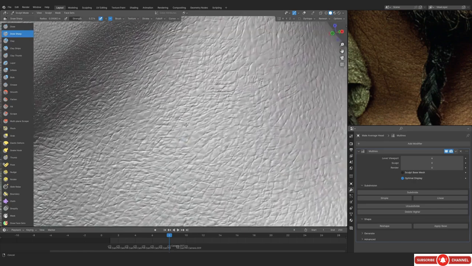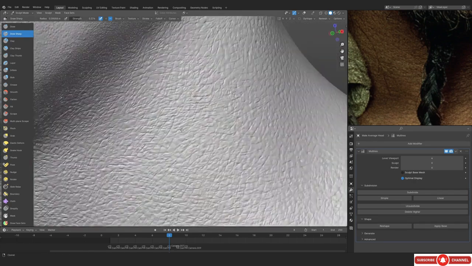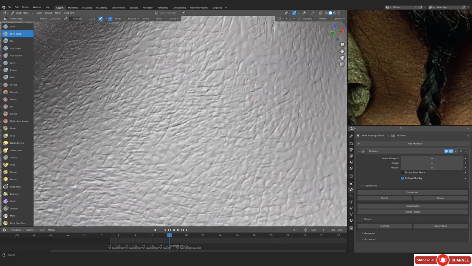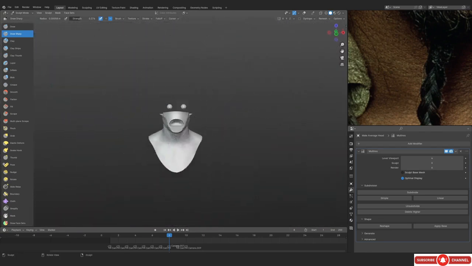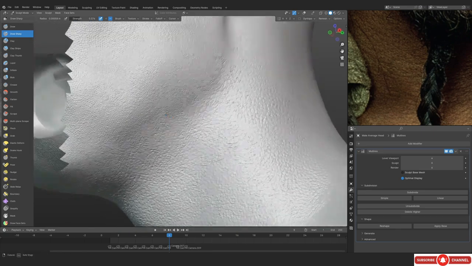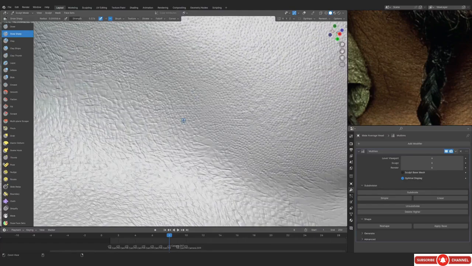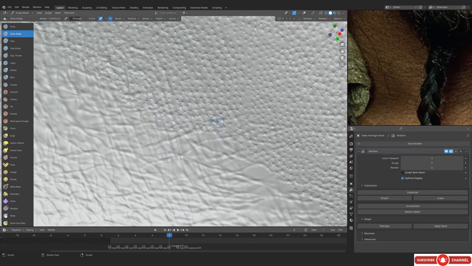Wait, why did this happen? I have no idea, but I'm pretty sure you won't be able to see this in the render, so there is no reason to fix it. If the camera would have gone super close and we can actually see this part in the render, I would have fixed that. But it's okay, we won't be able to see it in the render, so you don't really need to fix it.